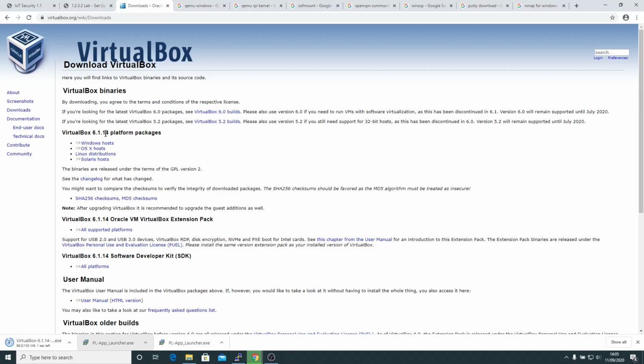While we're here on the Oracle VirtualBox website, we'll also download the Oracle VM VirtualBox extension pack. This will give us support for USB 2 and USB 3 devices and numerous other things. We may or may not need that in the future, but it's always useful to have. And it's a very small file. So, Oracle Virtual Machine VirtualBox extension pack, all supported platforms,